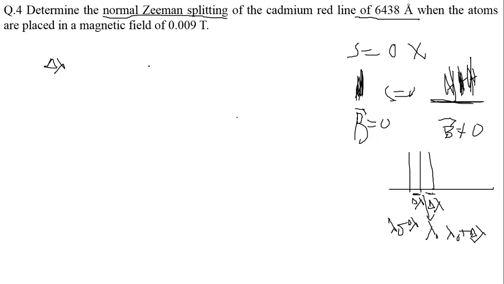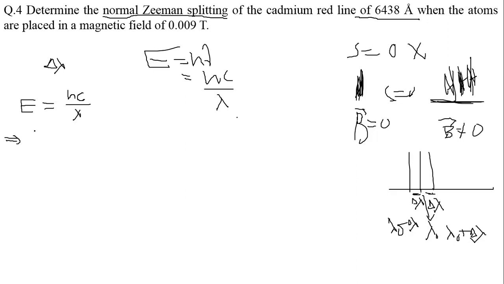Basically, corresponding to a particular value of lambda, there is a particular energy. So for lambda, what will be the energy? Since E is equal to h nu, in terms of wavelength we can write it as hc by lambda. Since we want to calculate delta lambda, we want to calculate delta E, because due to the change in energy or energy difference there will be a change in wavelength. So E is hc by lambda, if we differentiate it, then